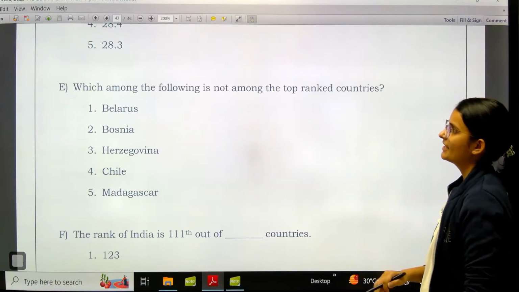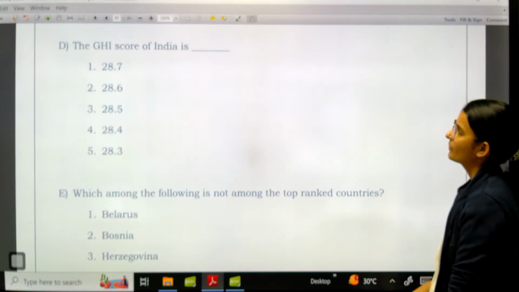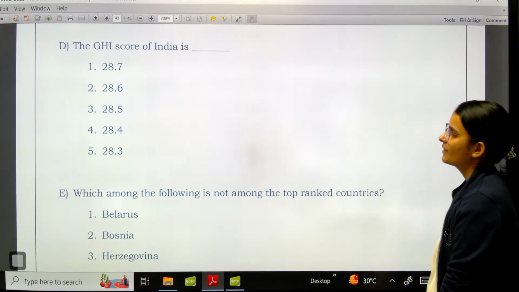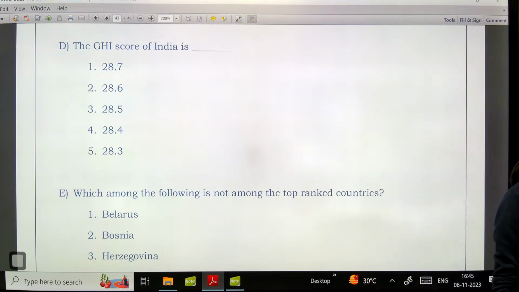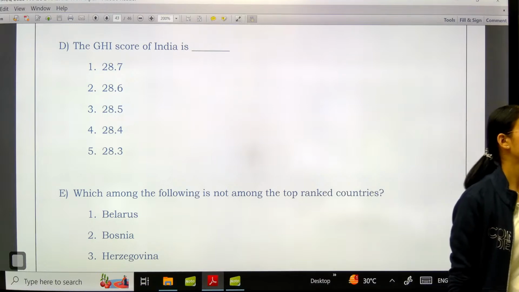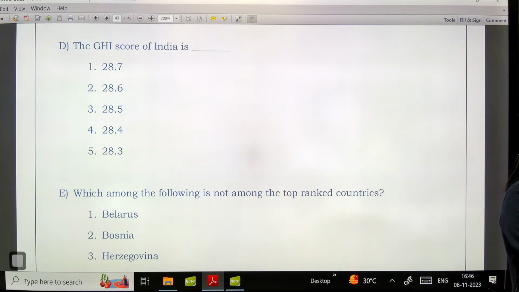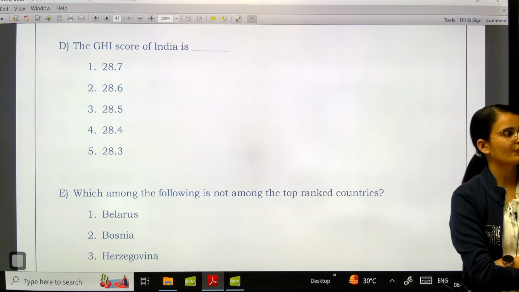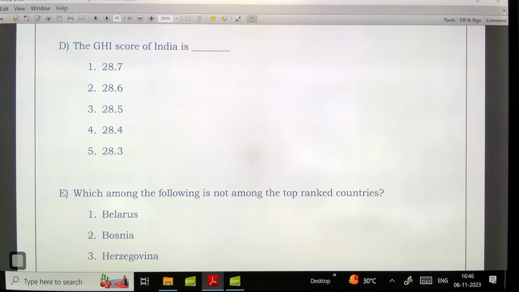Next, the GHI score of India is what? 28.7, 28.6, 28.5, 28.4 or 28.3? Yes, it is below Pakistan also. That's why a debate was also going on in the news that the Indian government said that the method of calculation is malicious and the intent is not good, and the government was debating that the method of calculating the GHI score is not appropriate, and the score and ranking of India is not accurately given. Okay,